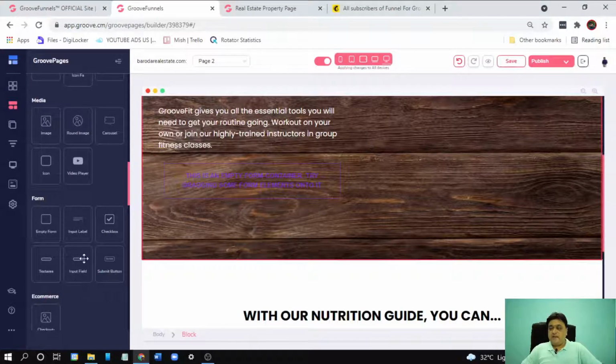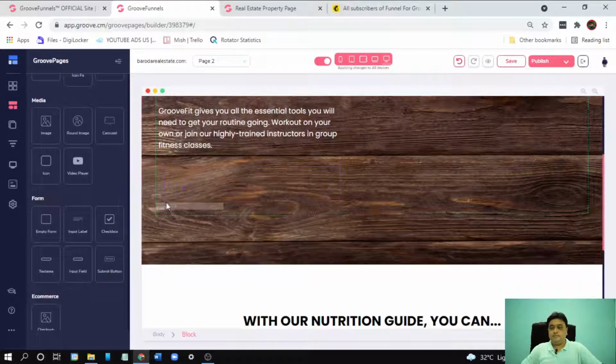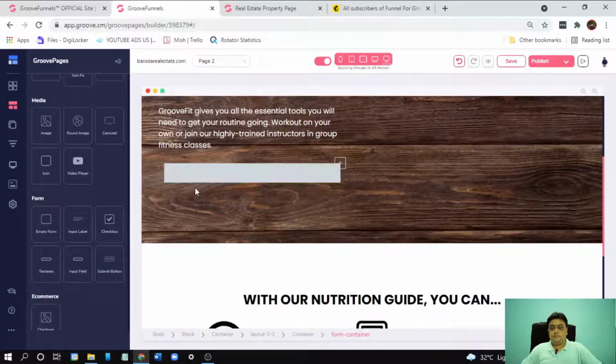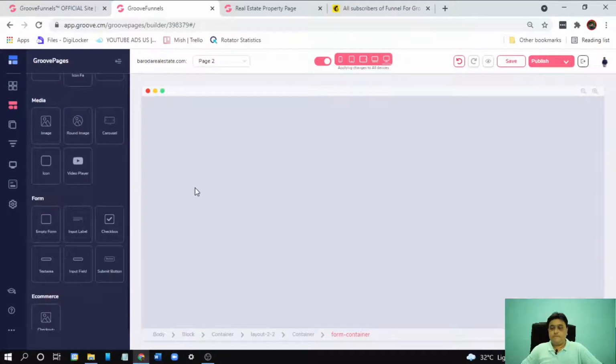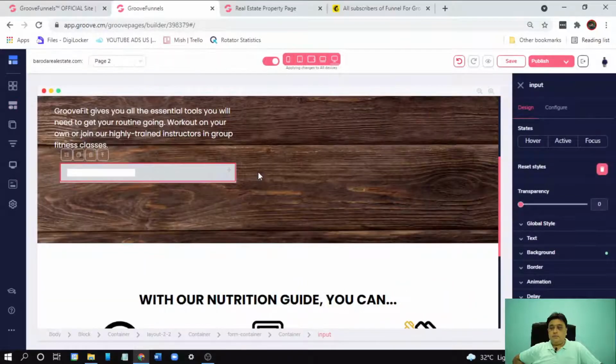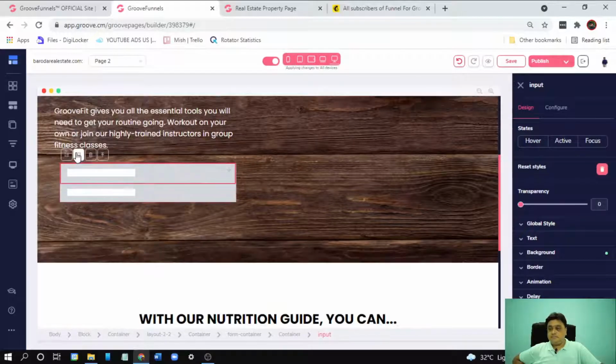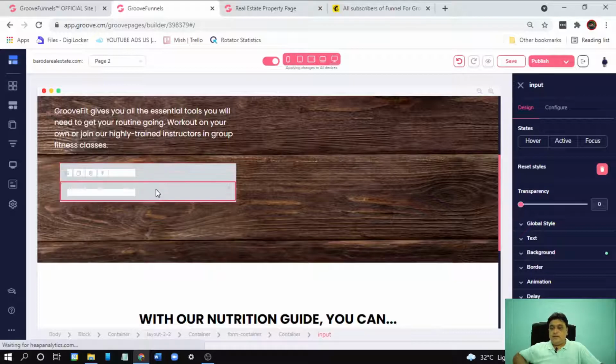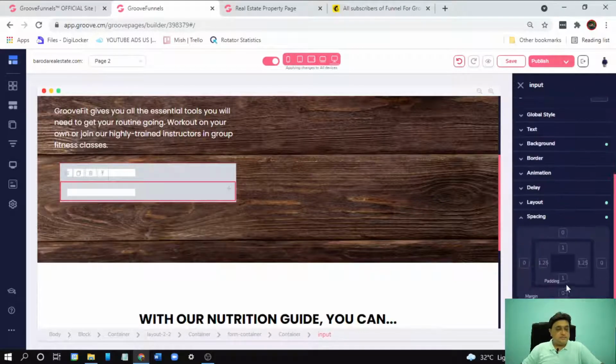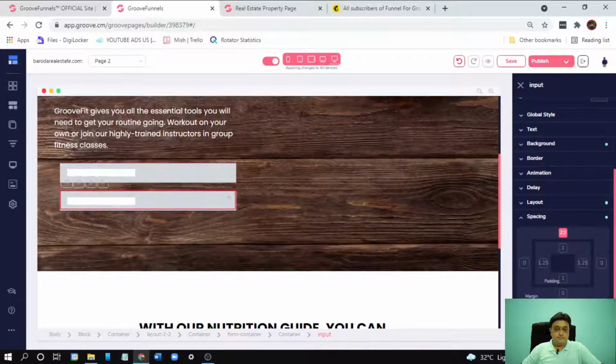Now select the input field. Now copy this container. Okay, let's give some spacing. Great.